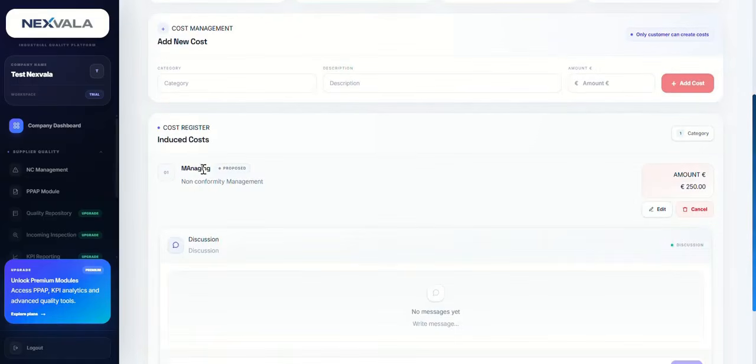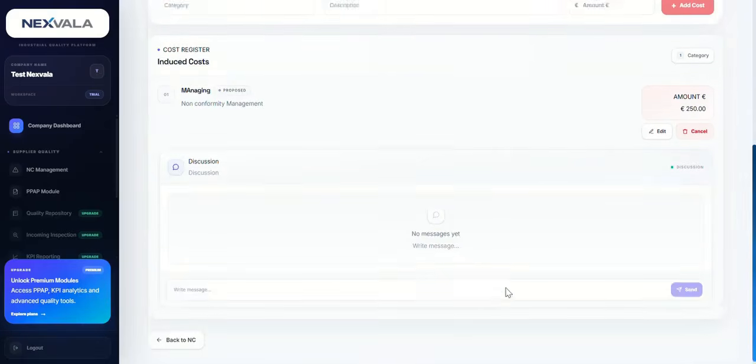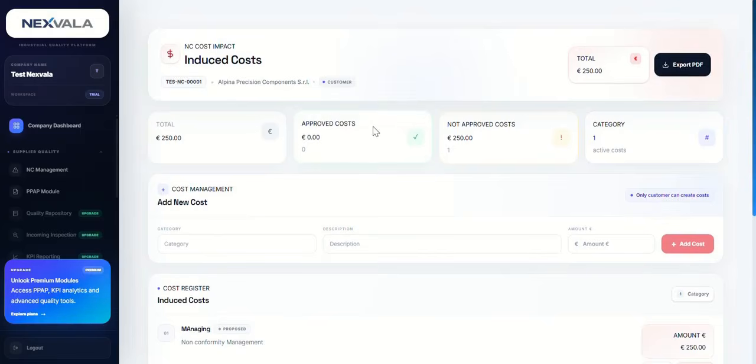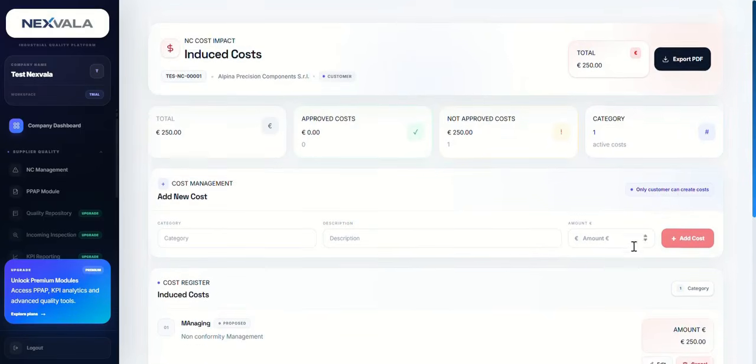And in this case too, we see the added cost, non-conformity management, of 250 euros. We have an edit button that is visible only to us customers. The supplier absolutely cannot make edits, and we will see shortly from the supplier side what they see. We can even delete the cost, and we can go to modify the amount in case of discussion. When I upload an induced cost, the supplier receives an email notification that informs them that an induced cost has